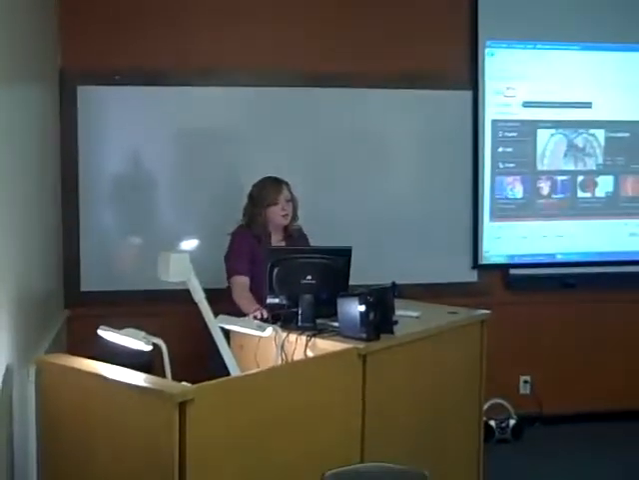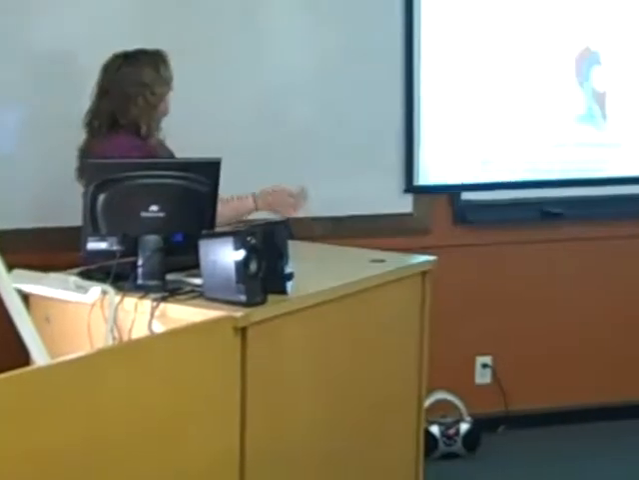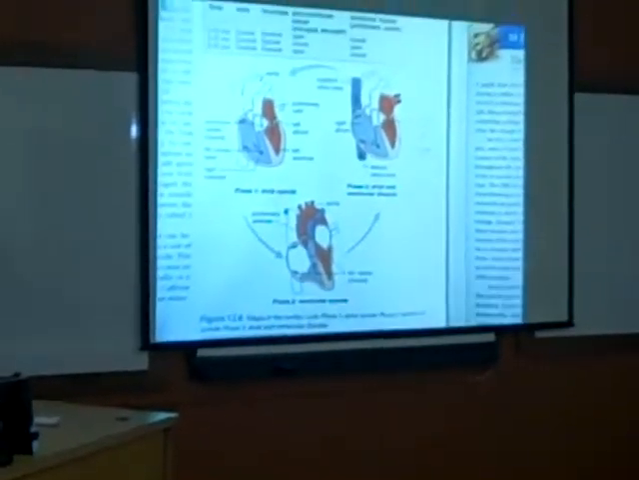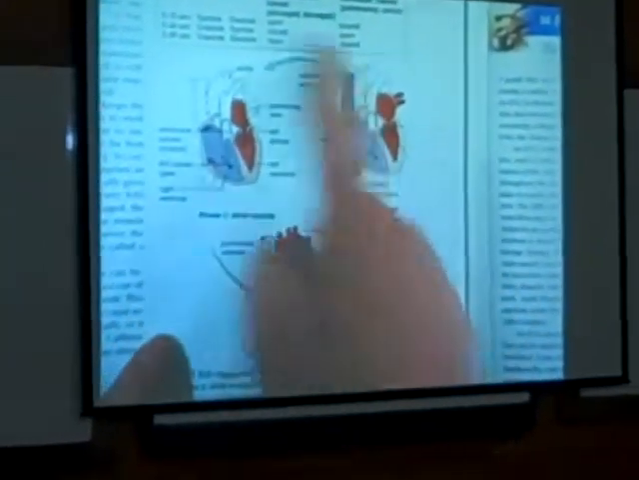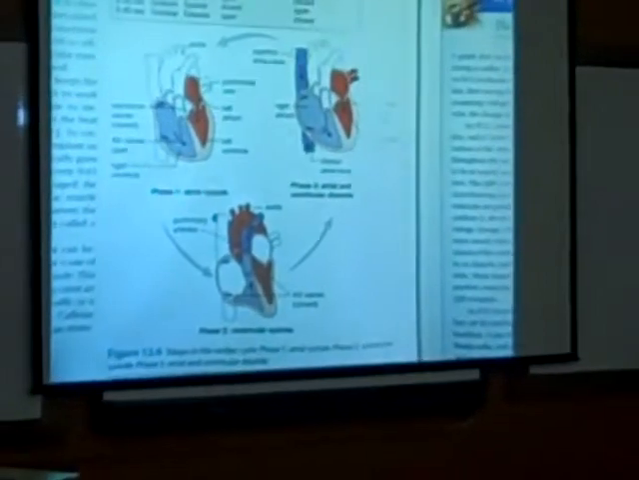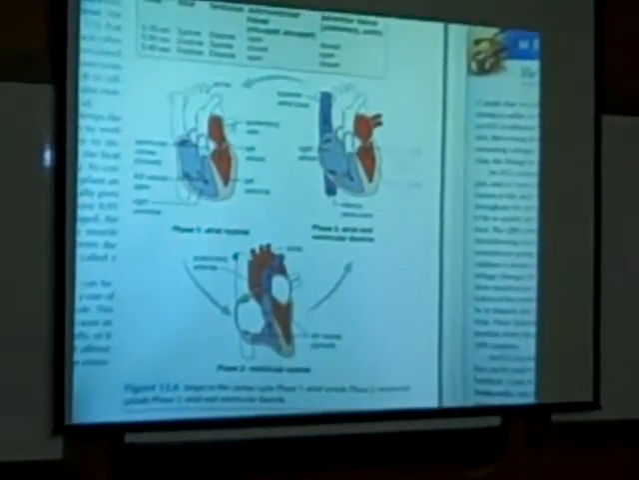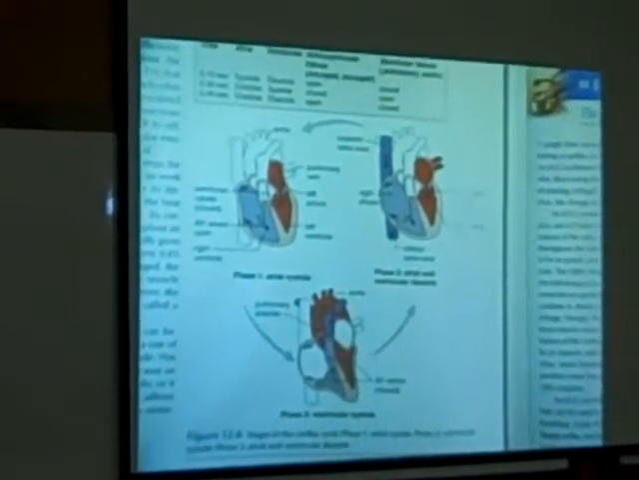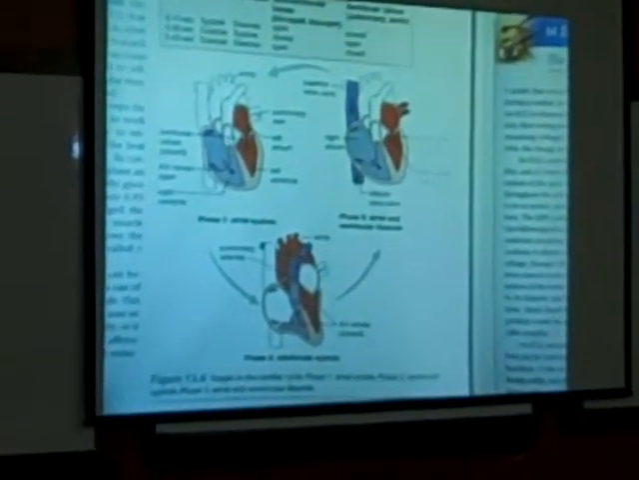Okay, and there's that video, and I have this picture over here that shows how all the blood flows through there, and I'll tell you about phase 1, phase 2, and phase 3 of the cardiac cycle. Phase 1 is atrial systole, and it lasts about 0.15 seconds, and during that phase, both of